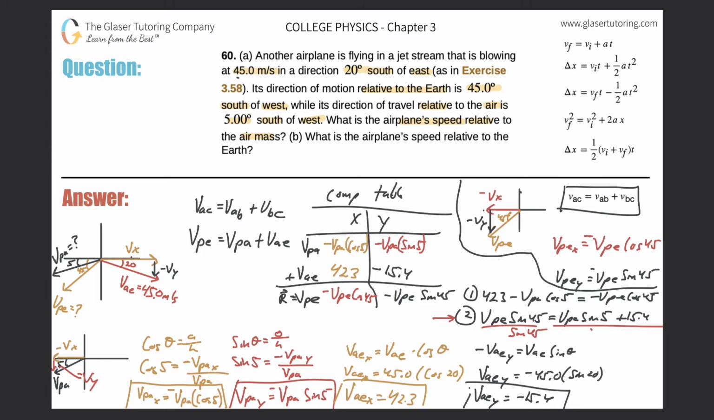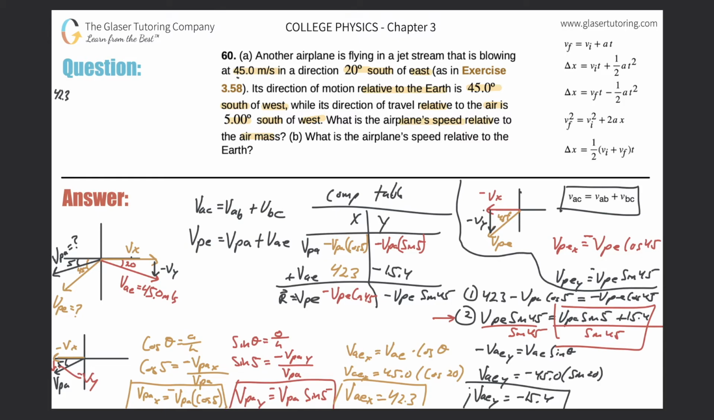So this is the result over here now, sine of 45. And what I'm going to do is take this whole thing and plug it in now for VPE in this formula. I'm going to do that on the upper left-hand corner. So let's see if I can squeeze that in. So we have